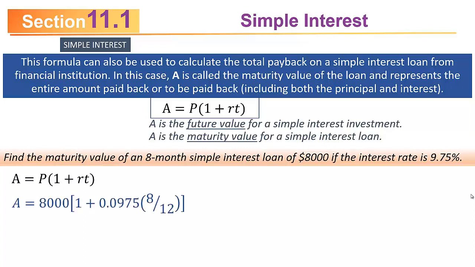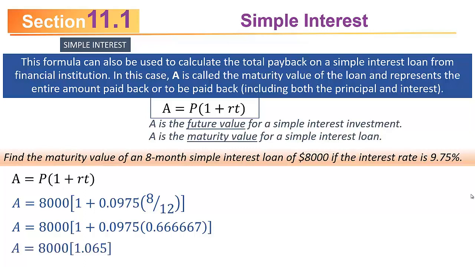The interest rate is 9.75%. If you move the decimal 2 places to the left, you get 0.0975. And you're doing it for 8 months, but the answer has to be in years, so you get 8/12 of a year. 8/12 is about 0.666667. If you multiply that by 0.0975 and add 1 to it, you get 1.065. And if you multiply that by 8,000, you get about